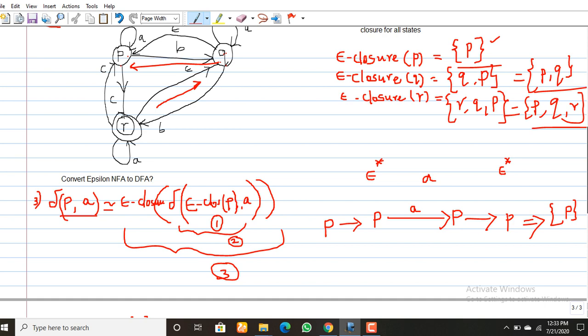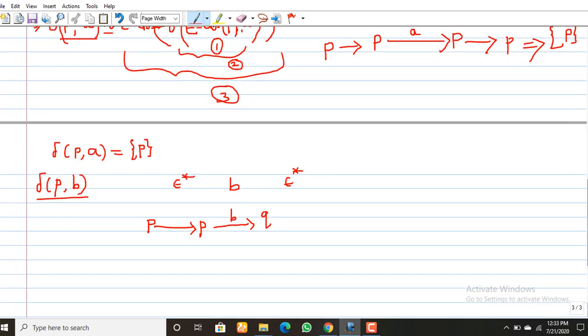P comma Q. So this is one new state, equivalent to P comma Q. So del of P comma B is equal to P comma Q.